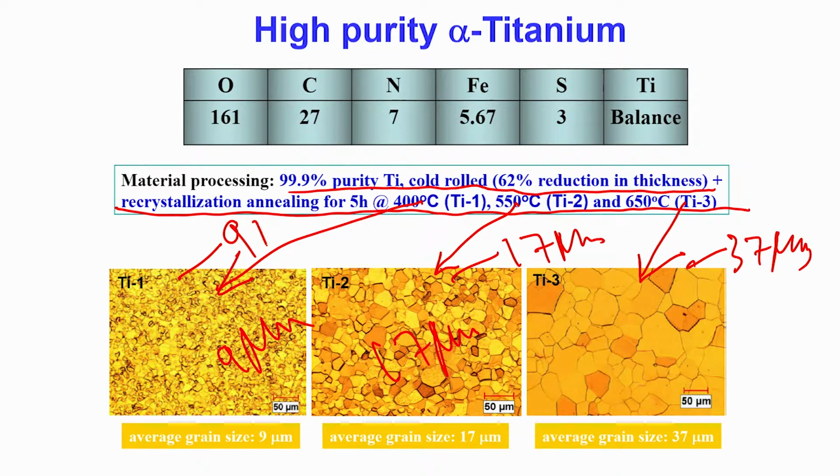Now when we use these three different titanium surfaces, and we use steel as the mating couple, these three different microstructures would allow us to understand the influence of grain size on the wear resistance properties. Grain size has a direct influence on the hardness and yield strength of metals. So by using three different grain sizes, 9 micron, 17 micron and 37 micron, one would immediately expect that titanium 1, titanium 2, titanium 3 would have different hardness and different yield strength.